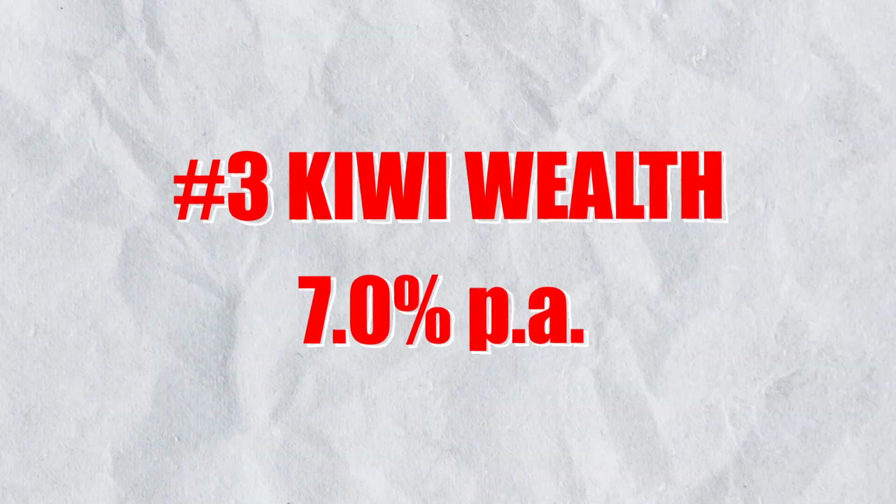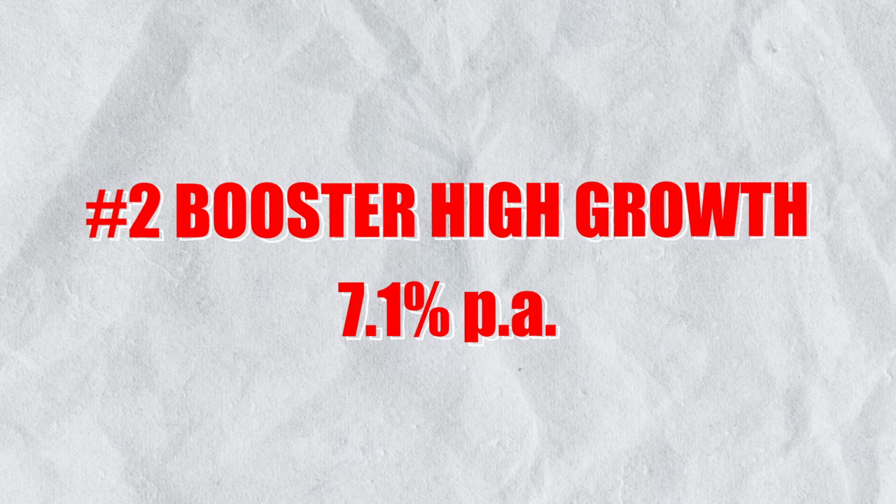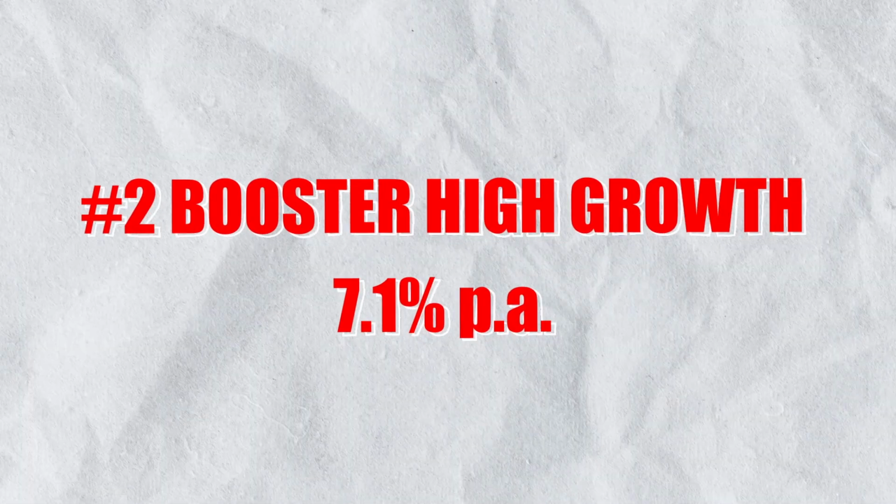So at number 3, for the aggressive funds, we have Kiwisaver Wealth Growth, the Kiwisaver Growth Wealth Scheme with a 5-year return of 7.1%. They have a management fee of 1.13%, which is actually, again, reasonably high when it comes to a Kiwisaver provider. At number 2, we have the Booster High Growth Fund with a 5-year average return of 7.1% and a management fee of 1.27%. Now, it's become a bit of a theme here that a lot of these aggressive funds tend to have a higher management fee